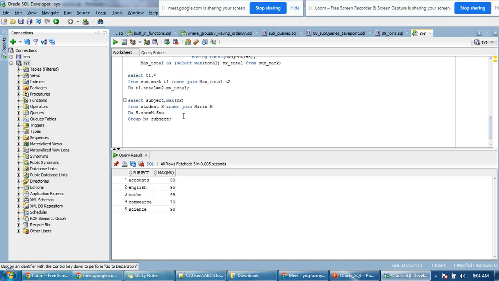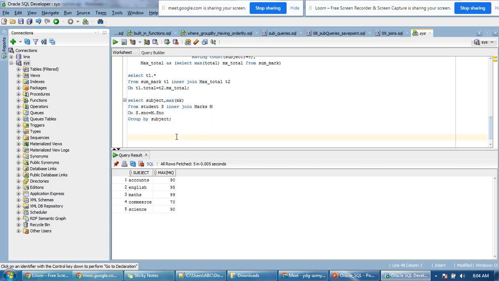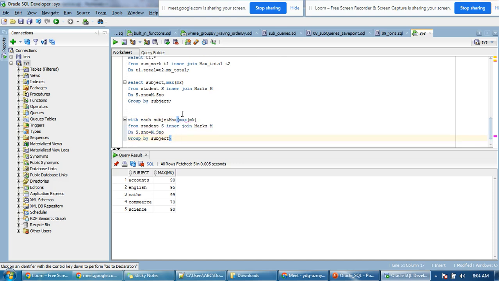Simply with the clause, instead of this one, you can make this as a subquery, for each subject marks max. Okay, like that you can write,